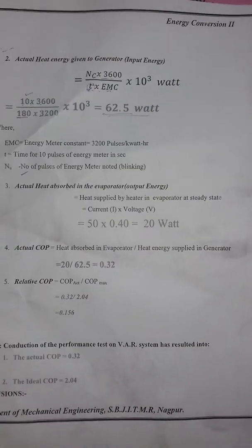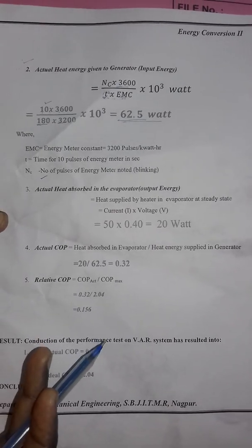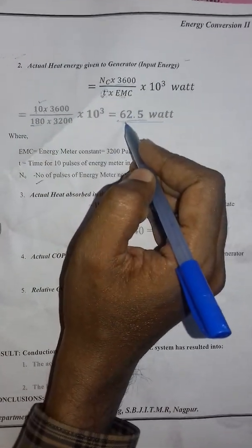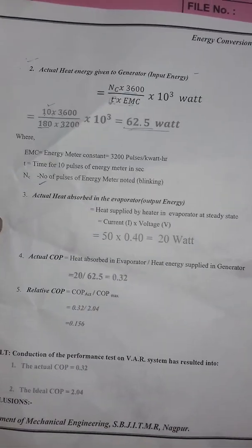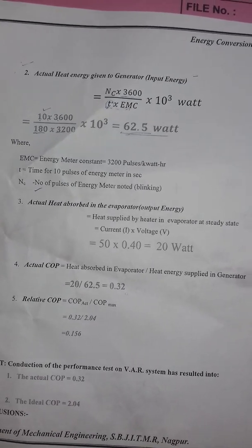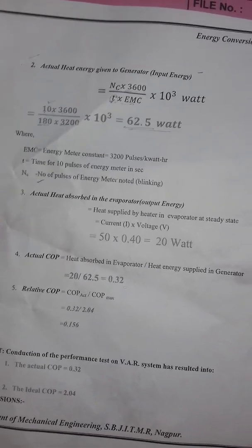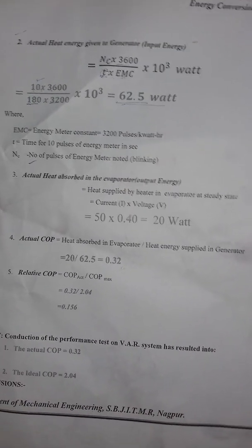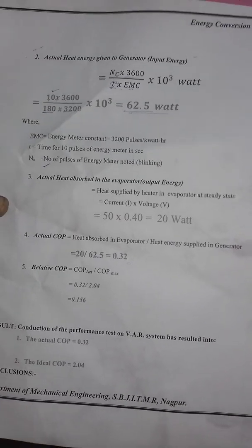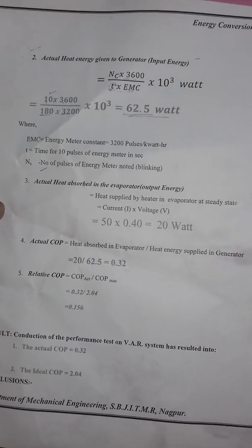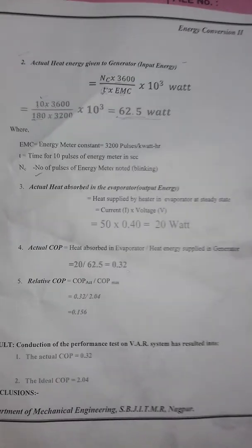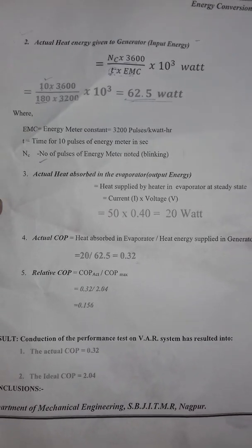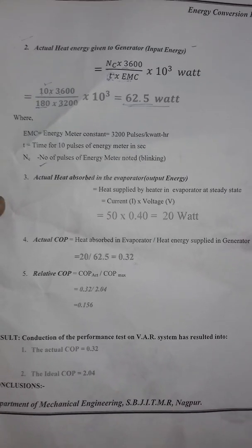Right, the actual amount of heat energy given to the generator, that is the input given. And whatever amount of heat is absorbed in the evaporator is the amount of heat given to the evaporator. So we are adding heat in the evaporator, and then again we are absorbing the heat into the evaporator. If 20 kilojoules of heat is given and 20 kilojoules of heat is absorbed, then we can say 20 kilojoules is the refrigerating effect. Whatever heat is added in the evaporator is absorbed, and that is called the amount of heat absorbed. That will be the refrigerating effect.